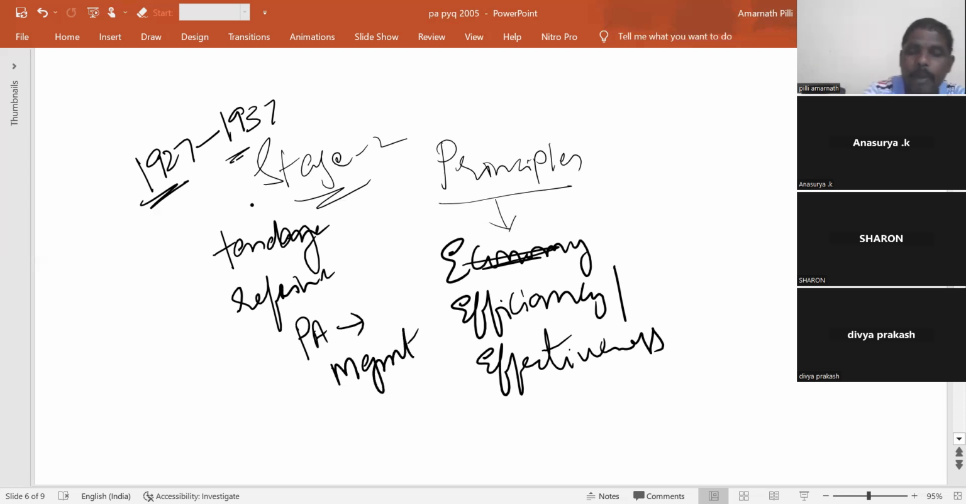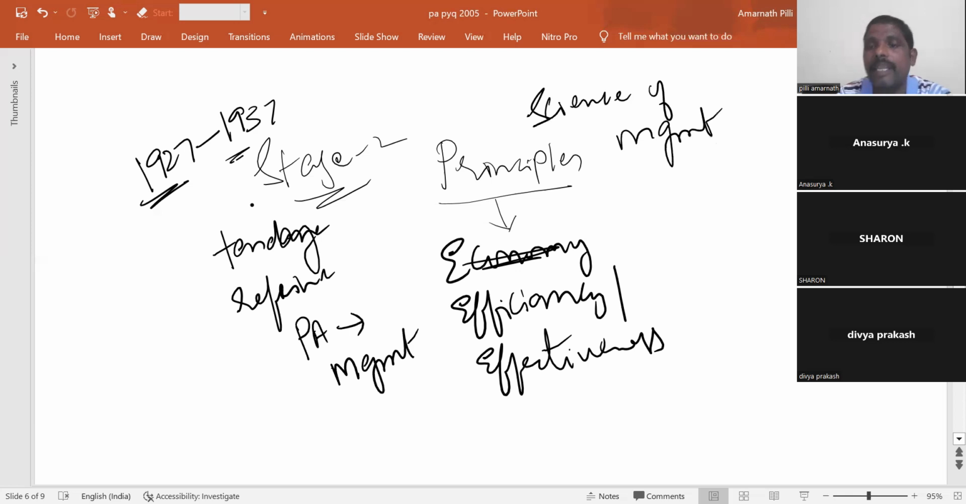So remember, by this time management is seen as a newer discipline. It is regarded as a scientific discipline. Scholars in American universities called this management the science of management. So by highlighting the principles in public administration,